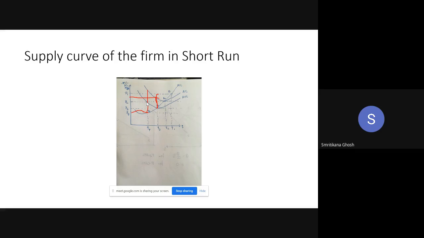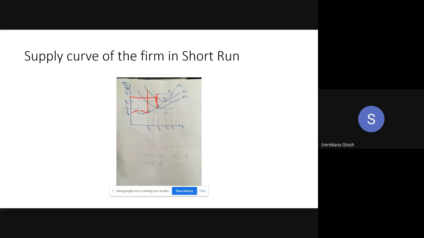Right? If the price is P4, you cannot cover the fixed cost. Definitely the fixed cost is out of reach, but you cannot cover your variable cost either. So in that case, you should stop your production, because once you stop production, your variable cost will be zero. You cannot change the problem of the fixed cost. It will be there whether you are in production or not. You have to pay the fixed cost, which you cannot earn. So this is a loss.